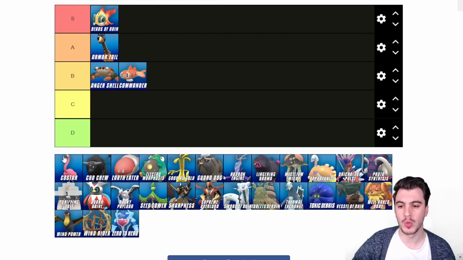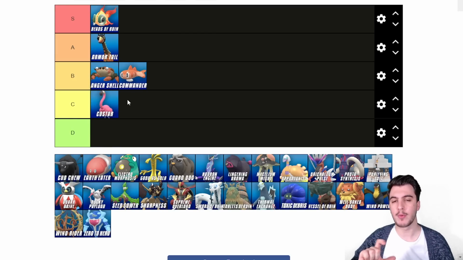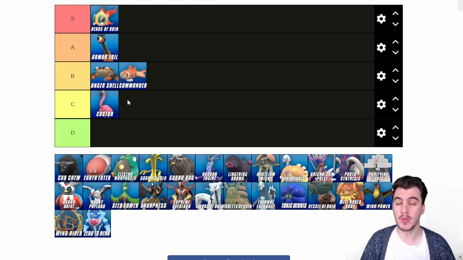So Co-Star works really well in doubles, only in doubles. Obviously Commander is the same thing, and I'm actually going to put Co-Star into the C tier, and the reason for that is because I'm trying to encapsulate all of the different formats. In Singles, it's useless. Okay, in doubles, it's only good if your partner has a boost, and it's really only